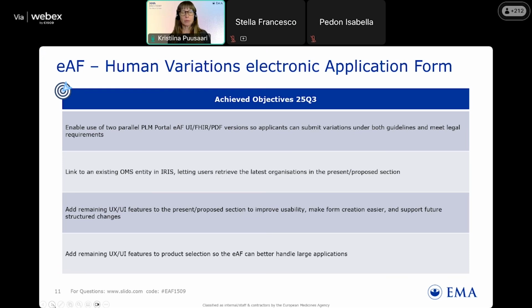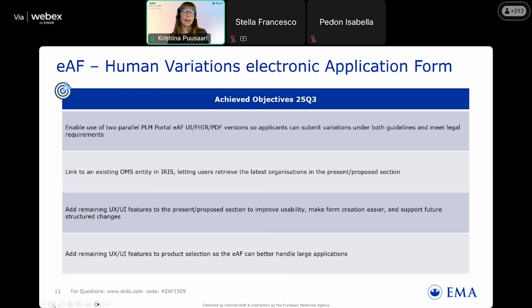And this is a really important achievement because, of course, as I'm sure you all have heard, the new variation regulation has also brought us a new classification guideline. So, when this new guideline enters into force on the 15th of January 2026, you will need to submit all the new variations that are submitted on the 15th of January or thereafter using the new version